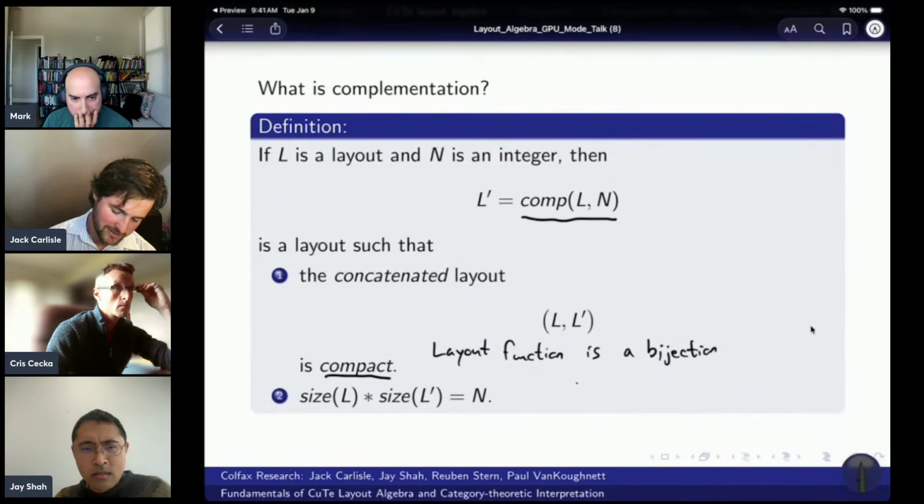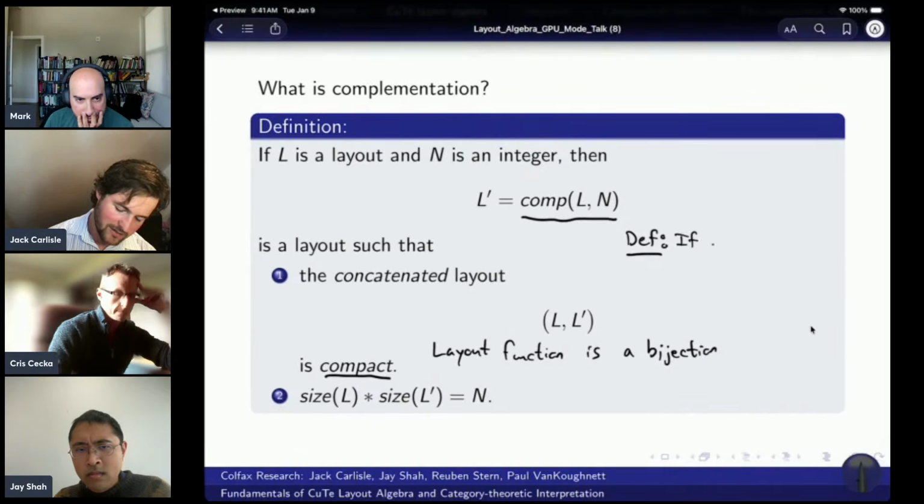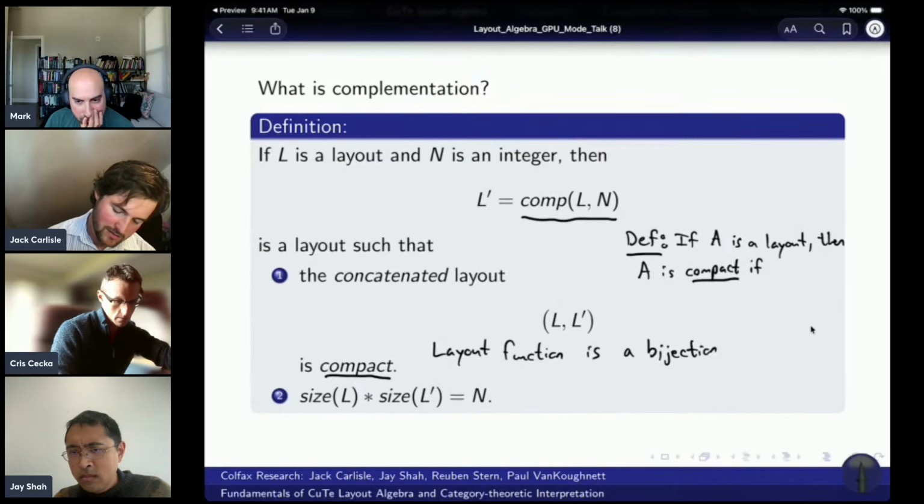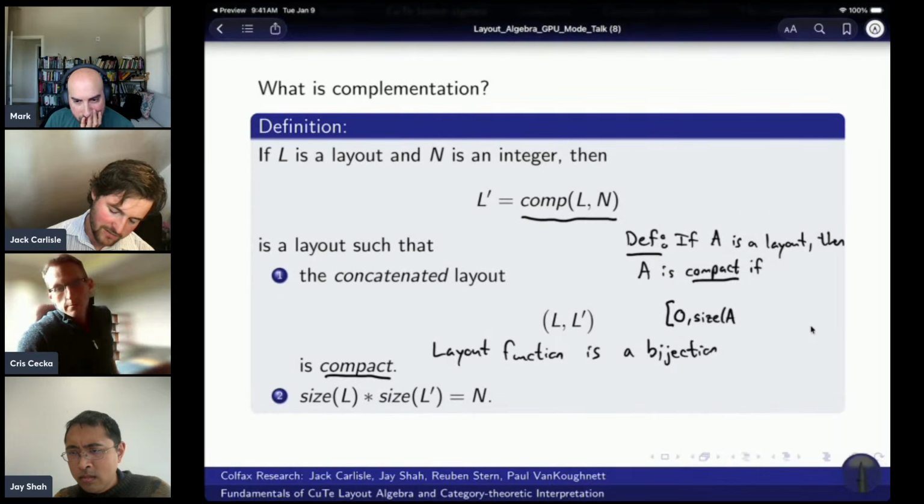So let's be precise. Define: if A is a layout, then A is compact if, when we look at the layout function from 0 to the size of A,